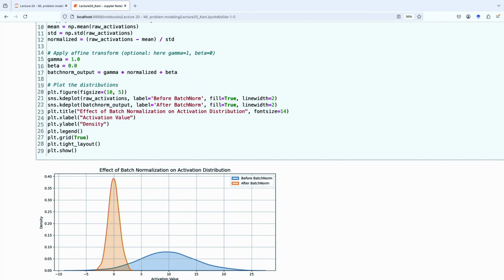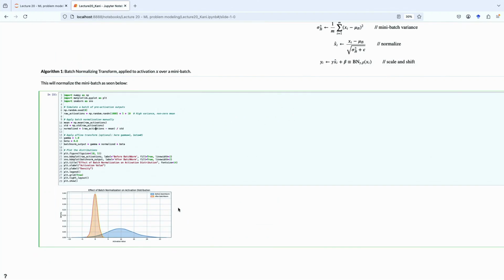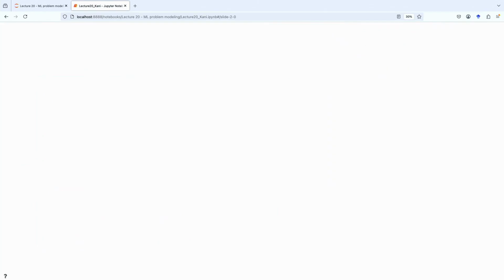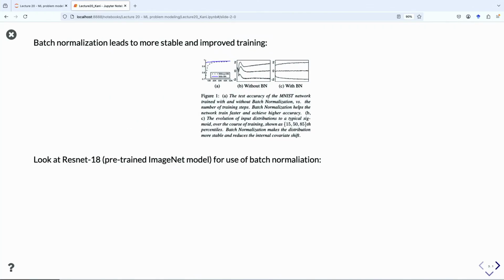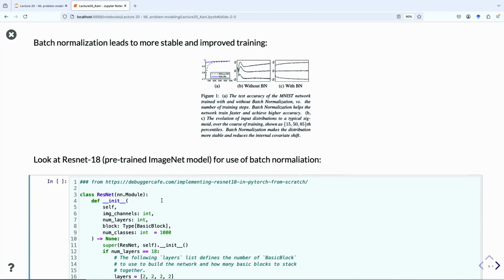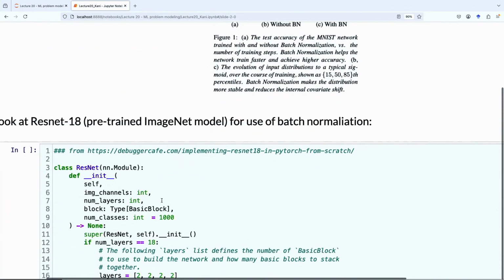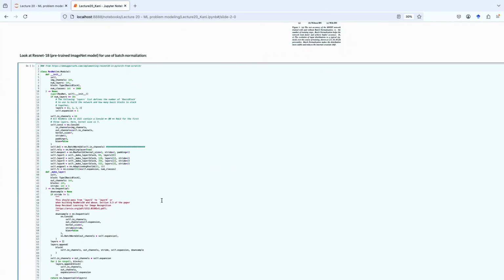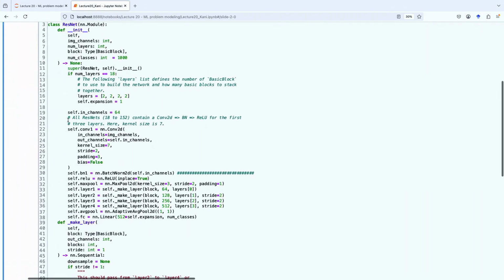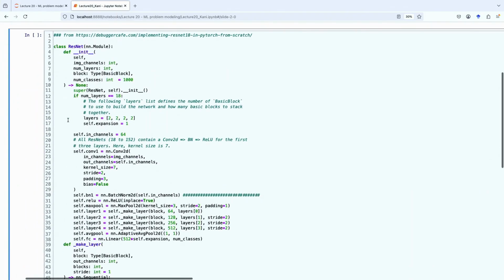Just an example of where you might see this. There is a very famous, one of the OG image processing models called ResNet.